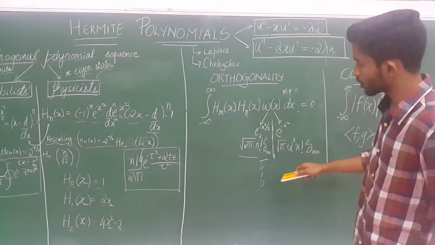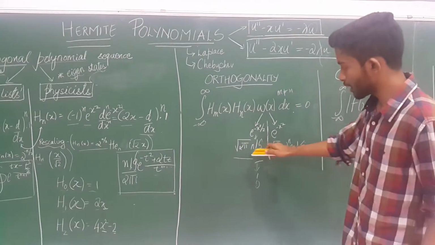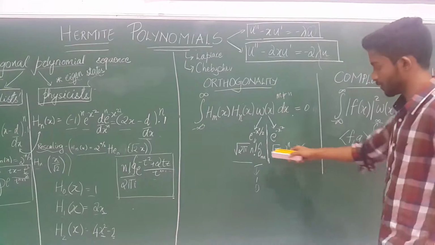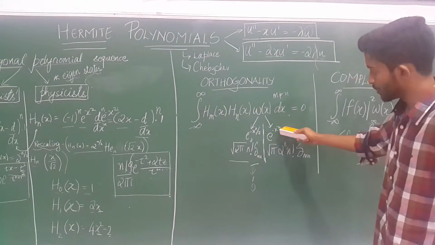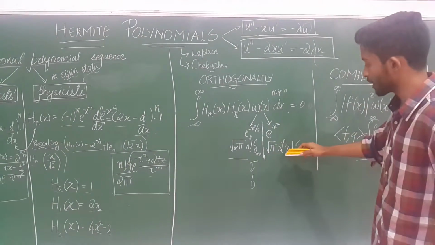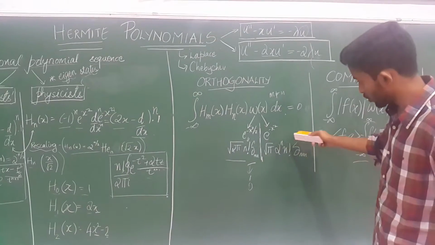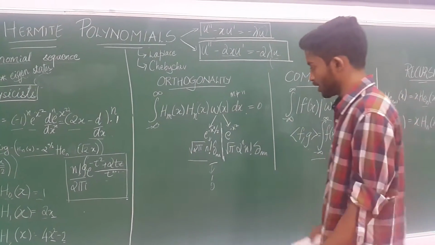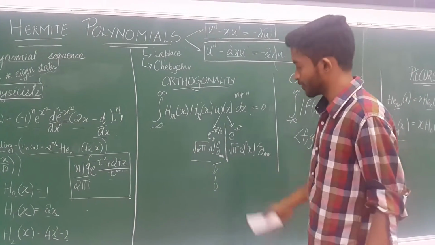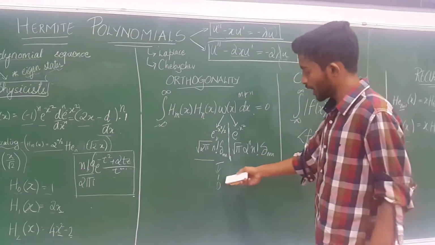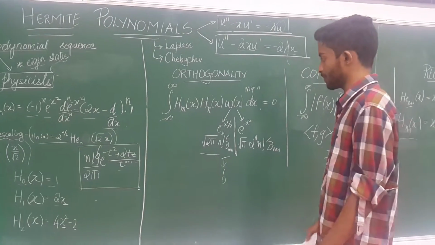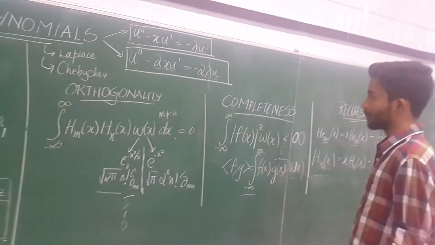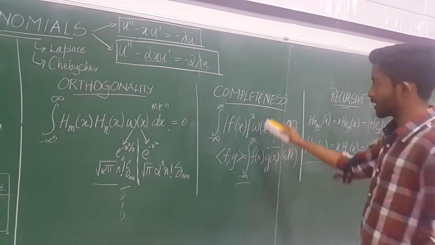e^(-x²/2) can also be written as √(2π) n! times the Dirac delta function, and similarly e^(-x²) can be written as √π 2^n n! times the Dirac delta function. We know that the Dirac delta function is 1 when m is equal to n and 0 when m is not equal to n. And Hermite polynomials also satisfy the completeness property, where the completeness property